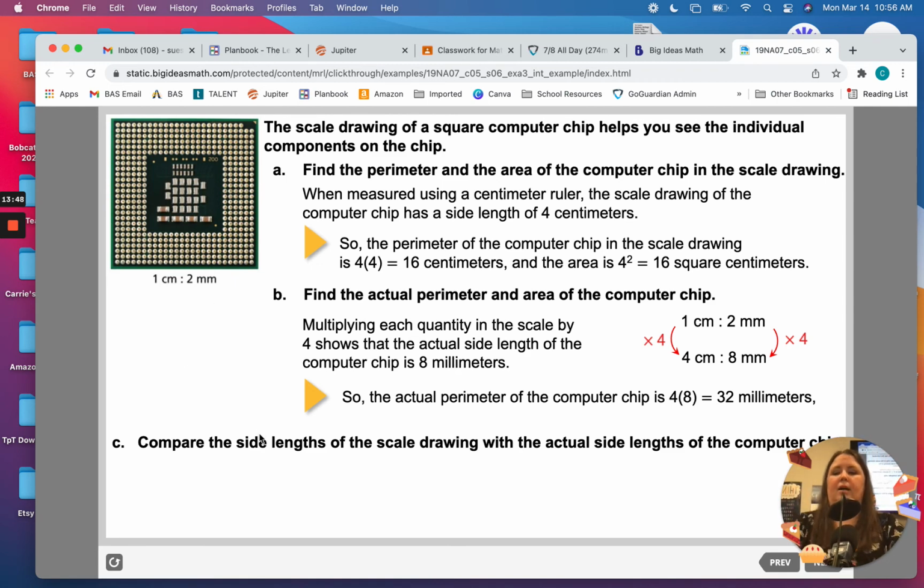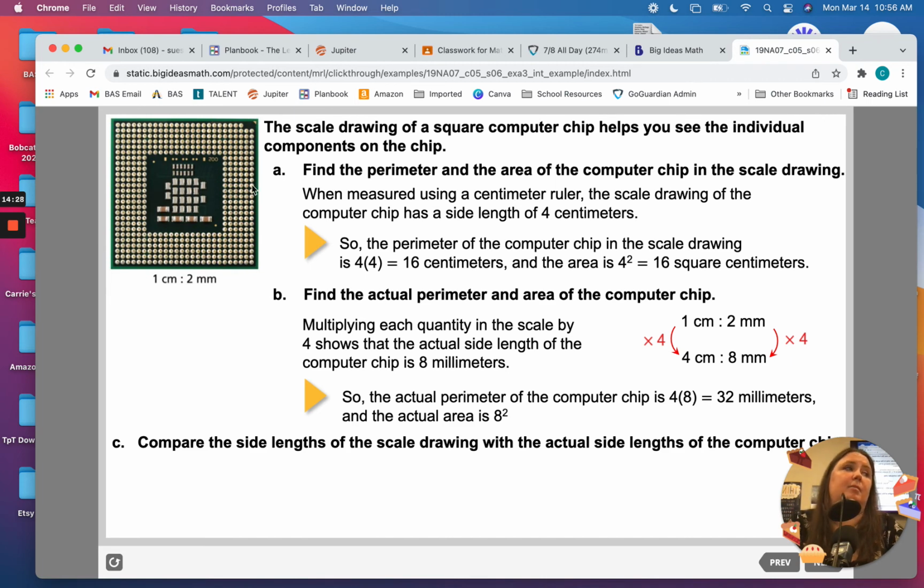All right, compare the side lengths of the scale drawings with the actual side lengths of the computer chip. Oh, wait, what's area? How do you find the area of this? The perimeter would be 4 plus 4 plus 4 plus 4. So that gives you 16. The area is 4 times 4, which is also 16. However, what is the actual